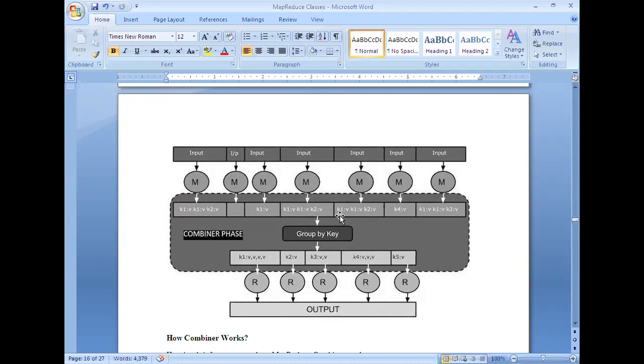This is optional, not mandatory. Mapper logic is mandatory, reducer logic is mandatory. But the combiner phase is used whenever you want to optimize your solution, that is, make your solution produce the outputs in less time. In that case, you can use it, depending upon your interest. What it does is simply group the values by using the key. Which values are grouped? Only the intermediary outputs produced by the mappers. That is the reason why we call it a semi-reducer.